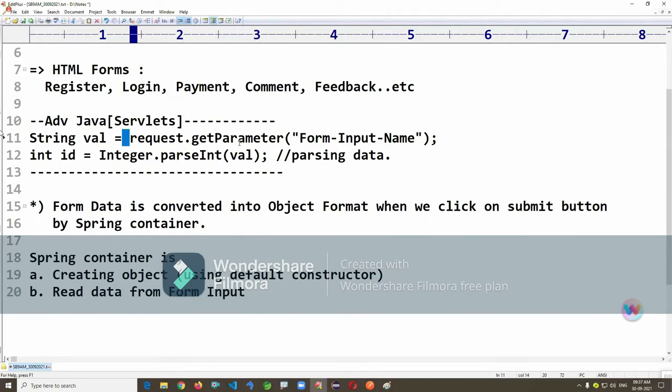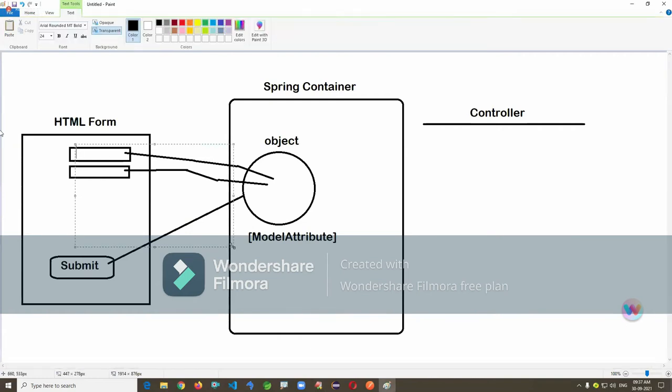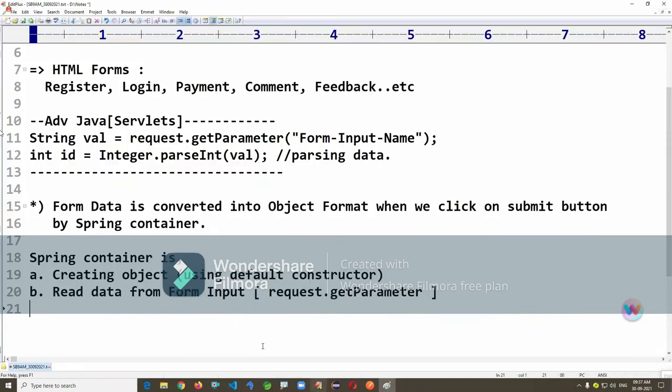Internal code will be something like request.getParameter. So if you enter something like ID 10, when it is read, it will come as a double-quoted "10". By default, values come as a string representation. Okay, these all come under string representation here. Later, if required, parse the data, something like Integer.parseInt.